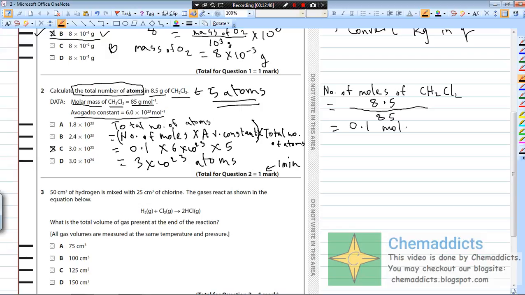Okay, so I hope you have understood how to solve this question. The basic thing was that we just need to multiply these two things with the total number of atoms, and then we get this value. Most students might get another value, which is 6 into 10 to the power 22. Here the total number of molecules were 6 into 10 to the power